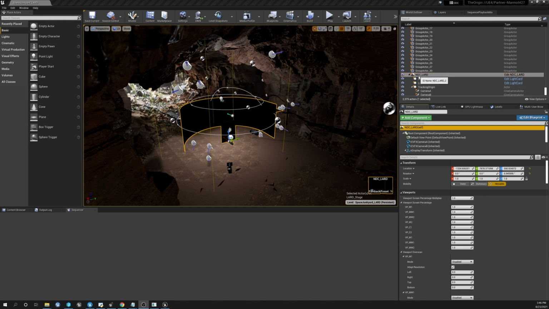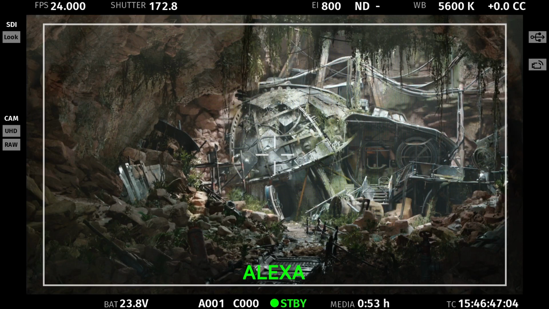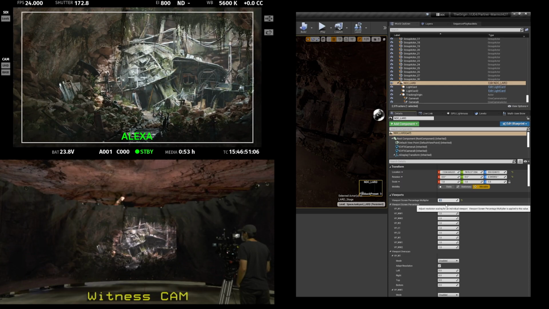So if you go to our end-display config actor to its root component, you see that we have this viewport screen percentage multiplier. If we adjust this to say 0.5, we'll find that the effective resolution of all of the outer frustums is lowered down. If we go to 0.1, it'll go even lower.